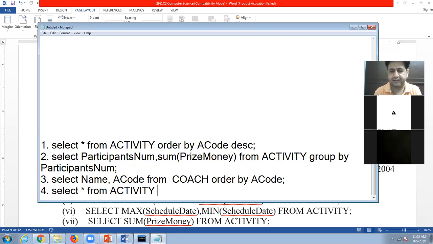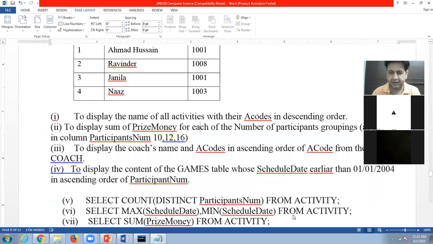Okay. Next, here one condition is there, and also there is an order clause. So WHERE schedule date, they use the words schedule date earlier than. It means earlier than 1st January 2004.